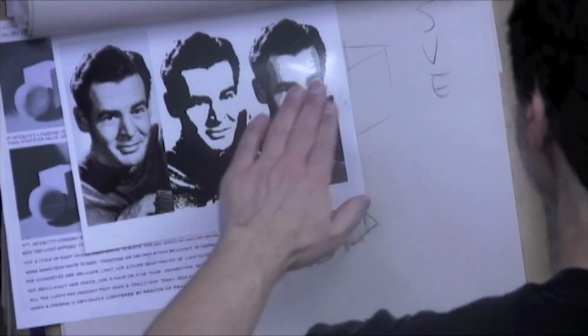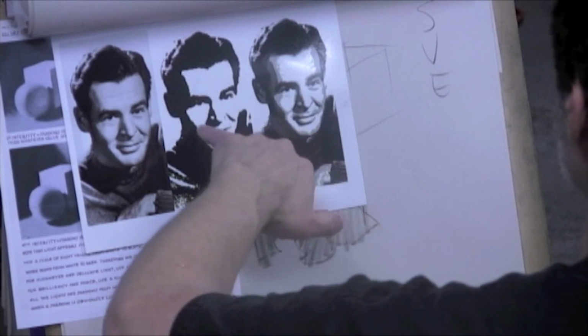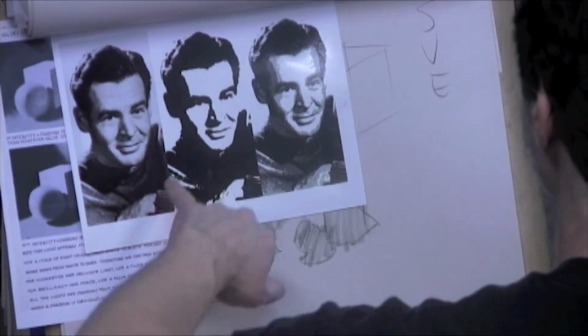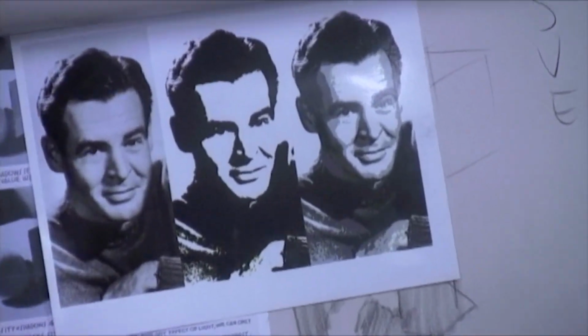So, shape's not real complex or anything. It's just the idea of looking at the shapes and paying attention to what the two-dimensional shapes are doing. You could do a pretty respectable drawing just by